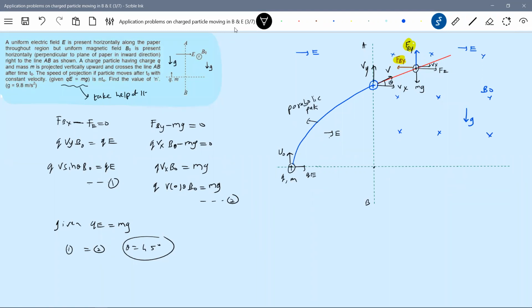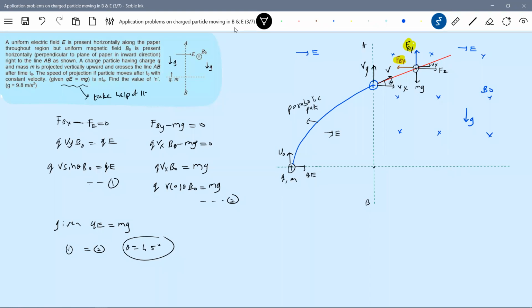Okay, we'll do one thing. I'll put g on either side of AB, because nothing is mentioned, which means we have to take it on either side. If he had mentioned specifically that g is present only on the right side of AB, we could have assumed it. Then we have to calculate this U naught. That was our only purpose. How to bring that U naught, we have to trace. So one thing we came to know: Vy equal to Vx.